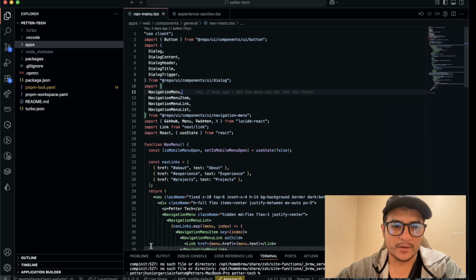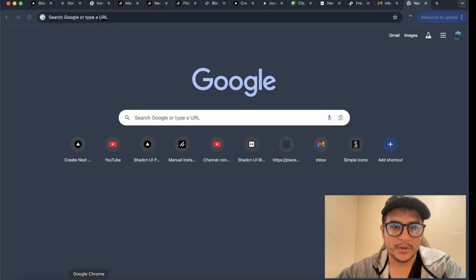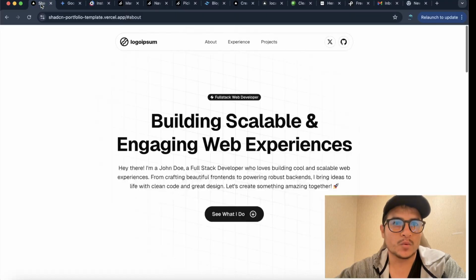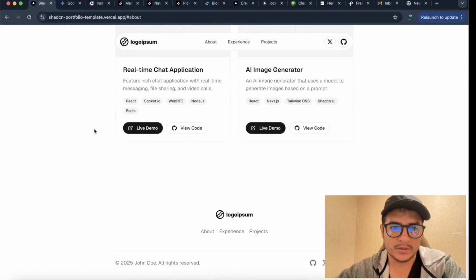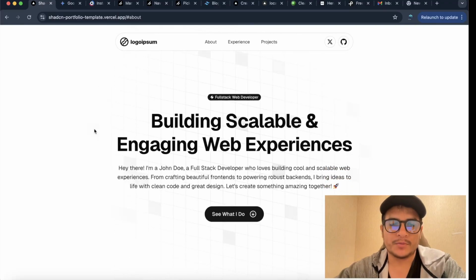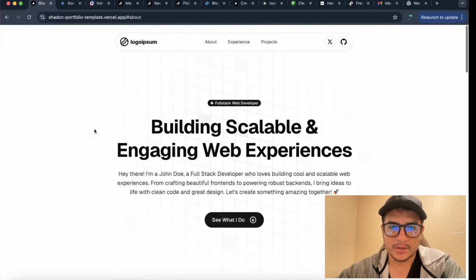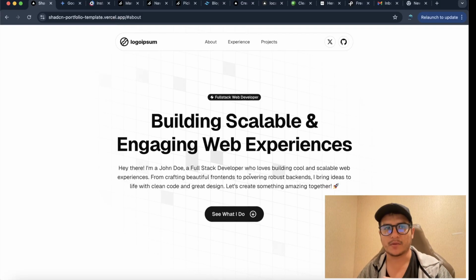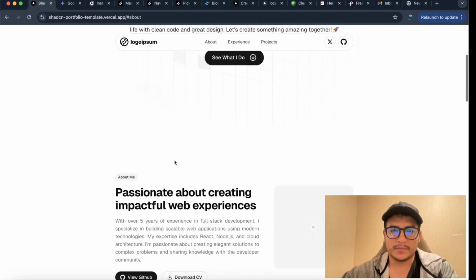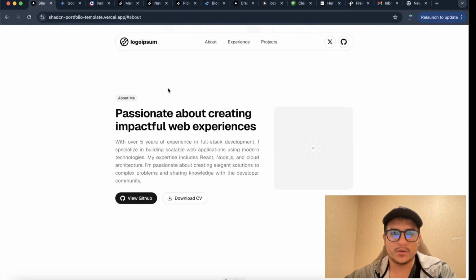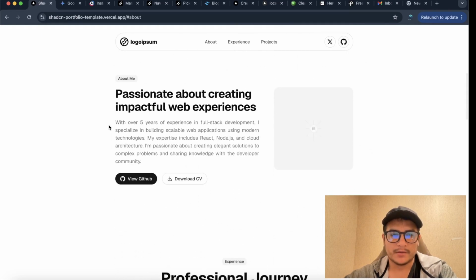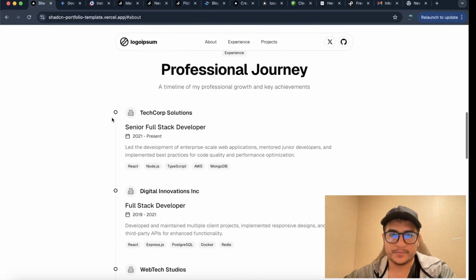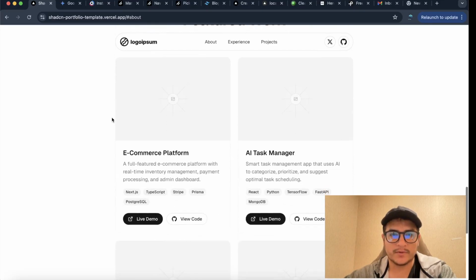Hello guys, we are going to continue developing this project. Let's go and see what we got until now. On the previous videos we structured our code, we installed Tailwind CSS, we implemented the data and domain layer from clean architecture, and also we made this landing page with the nav menu, the hero section, the feature section, the professional experience section, and finally